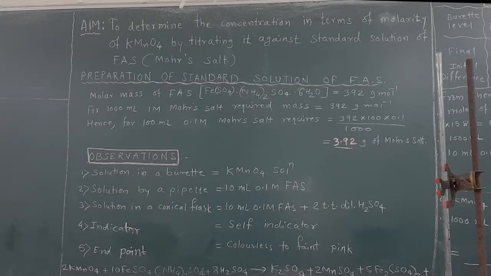For this experiment we are going to first take the pilot reading. After taking the pilot reading, we are going to repeat 3 to 4 titrations. Once the 3-4 readings are over, the 3 similar readings we are going to enter into the observation table, and finally we will enter the constant burette reading. Now we will start with the experiment part.